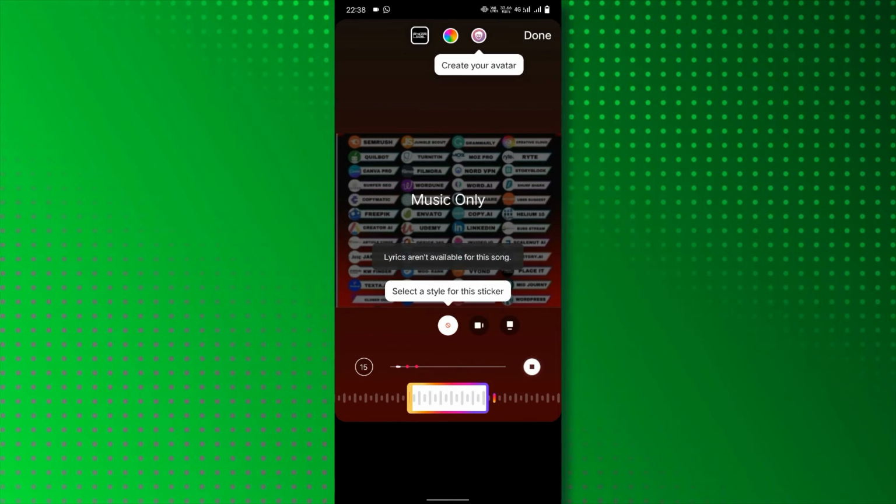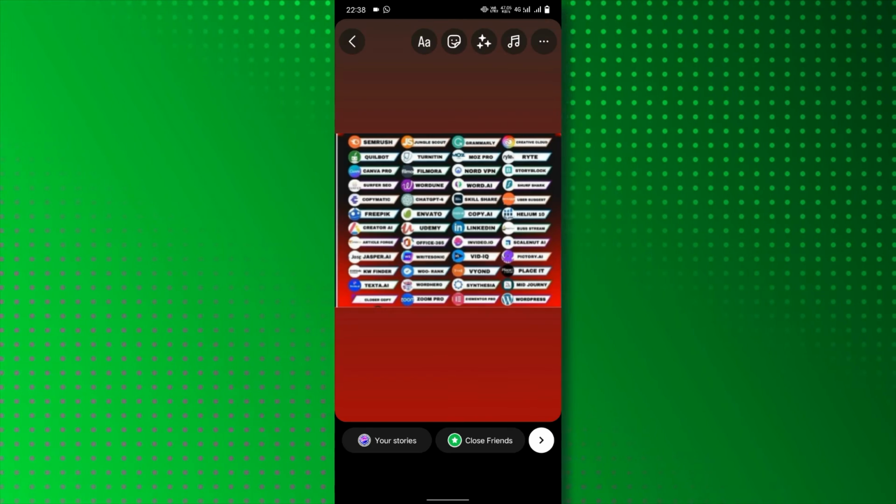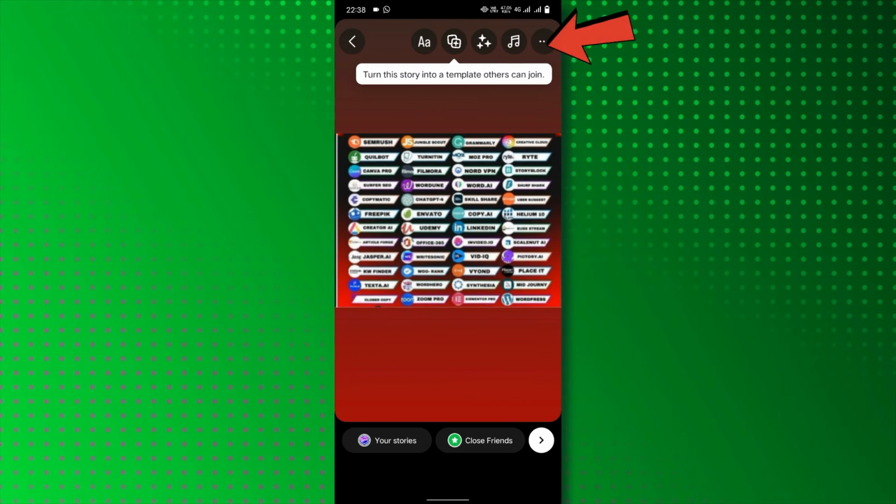Once you've chosen your music, personalize it further. Play around with trimming the music to match the length of your video or photo. Instagram allows you to adjust the starting point of the music by dragging the playback bar. When everything looks and sounds just right, save your creation to your phone's gallery by tapping the Save button in